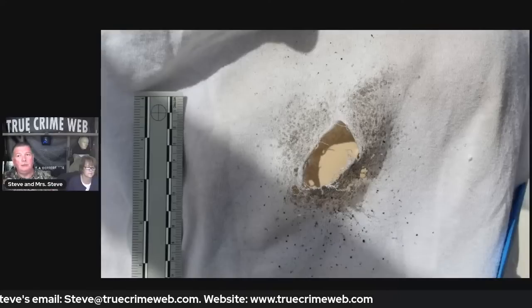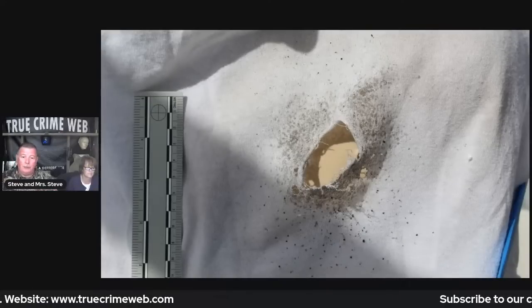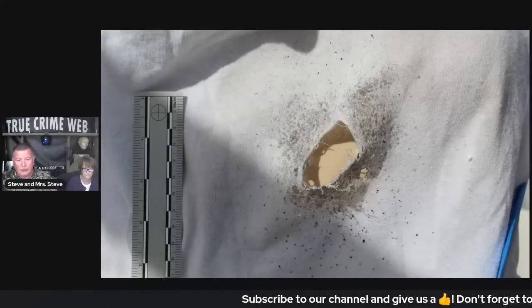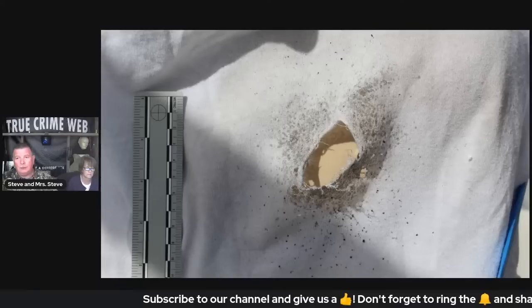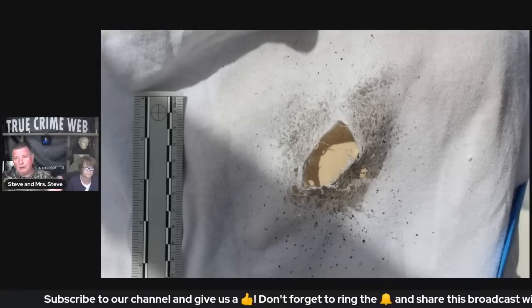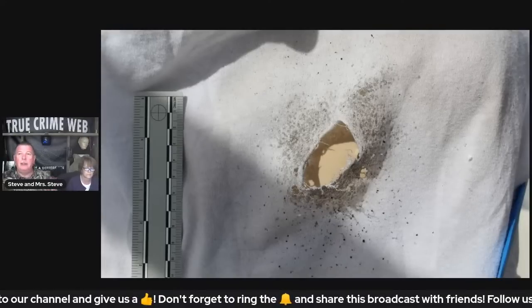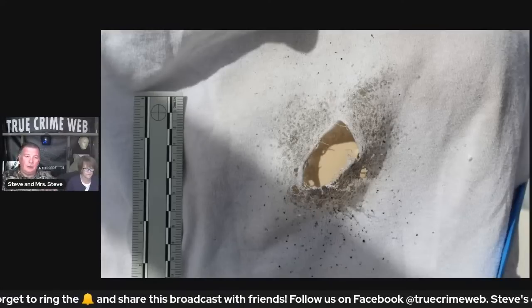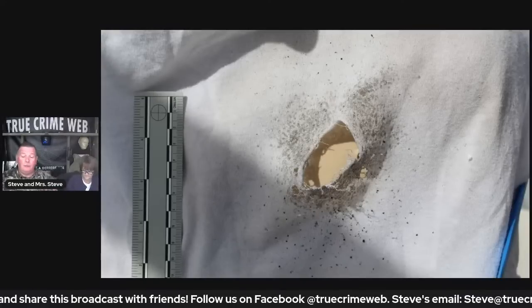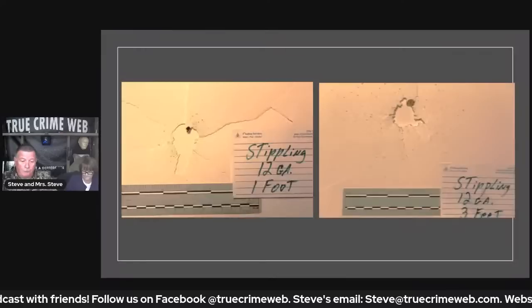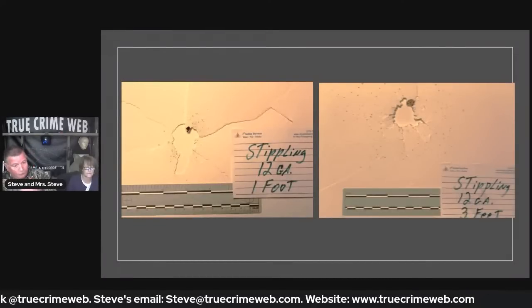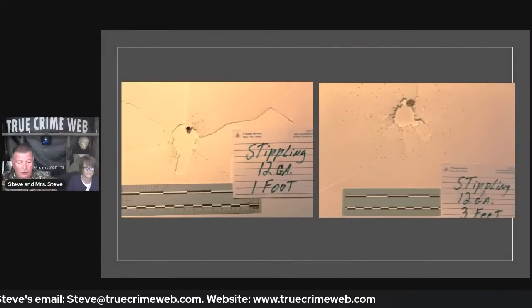And that'll give you a proximity of what that range is, because stippling, the gunpowder that's unspent and travels out with a shot shell on this 12 gauge, only goes so far, and then it starts diminishing. And you can see from the pattern of that stippling approximately how close that muzzle was to the shot fired. And here you see there's a 12 gauge at 1 foot that's extremely small and condensed.